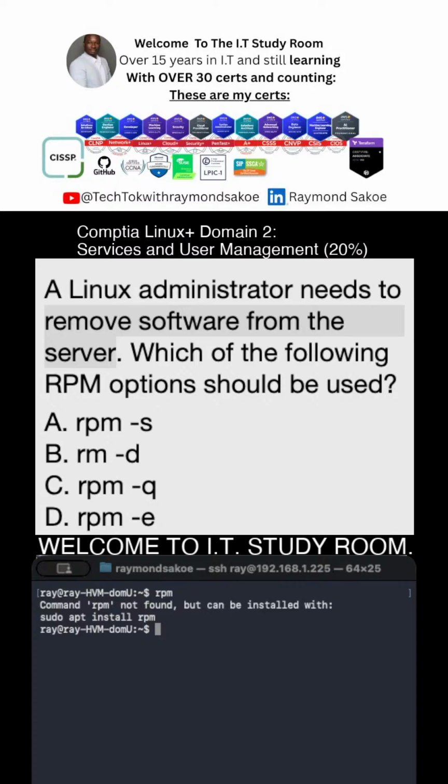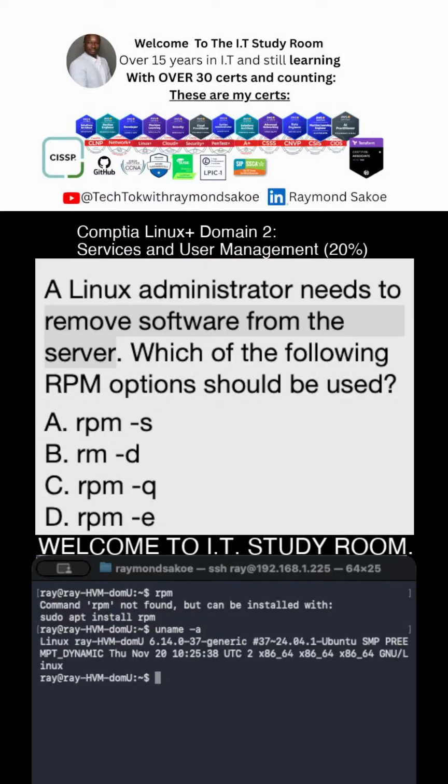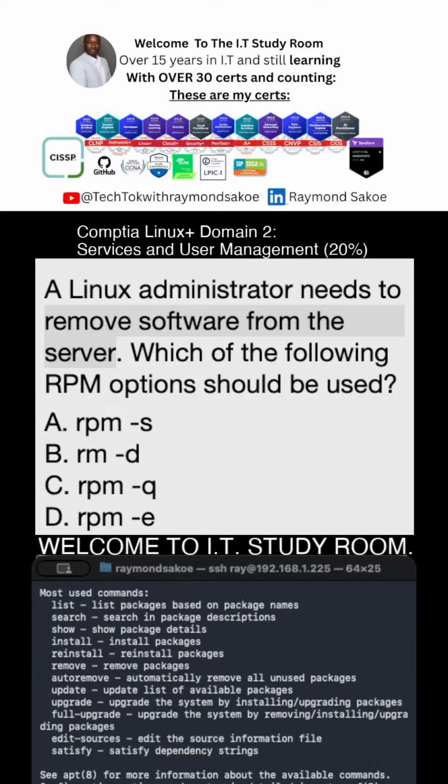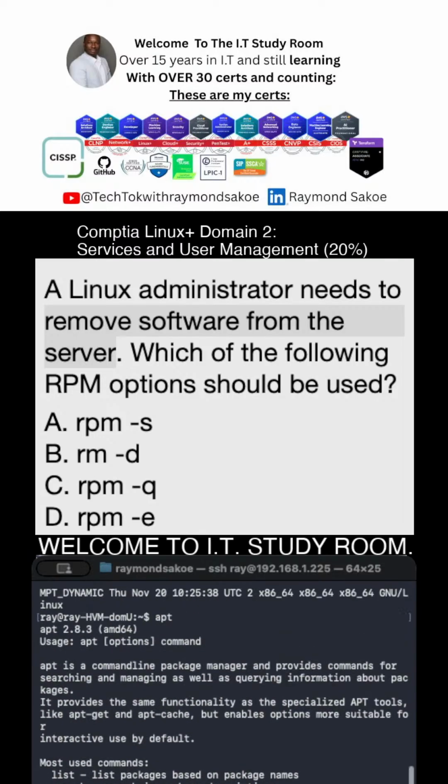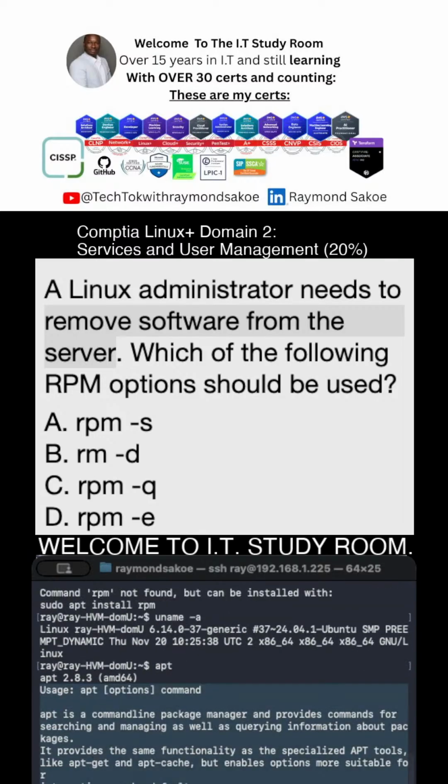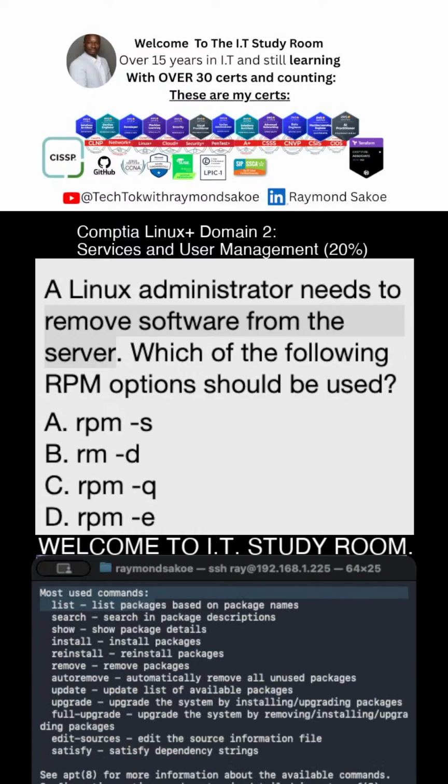All right. So this is Ubuntu. If I type uname -a, it tells you Ubuntu. So I can't type RPM. But if I type apt, you see it gives me something. So apt works here. So I'm going to stop sharing and then bring back my